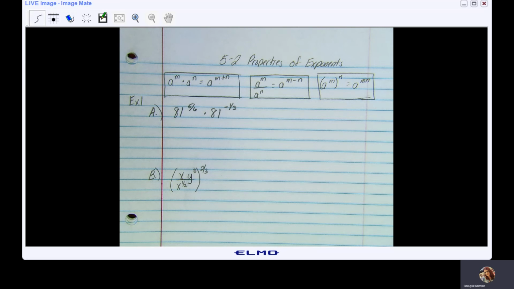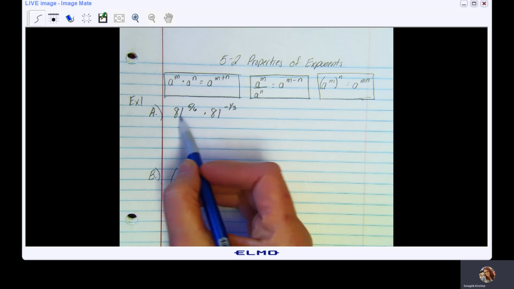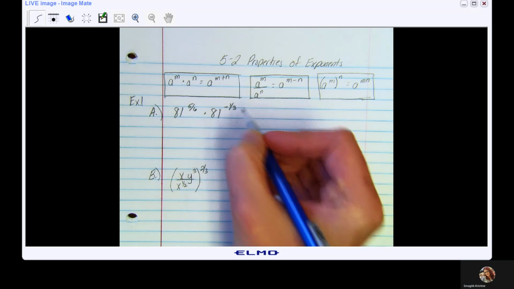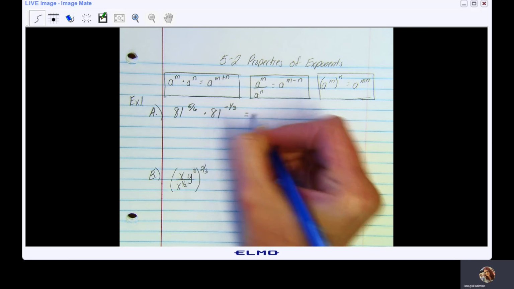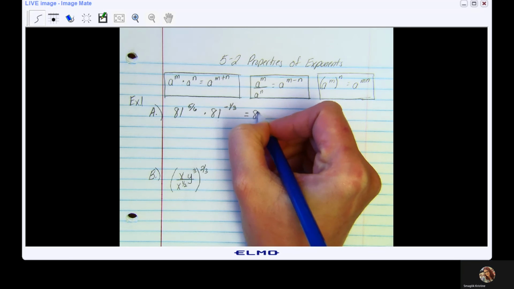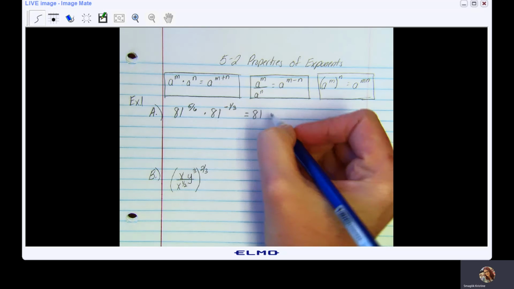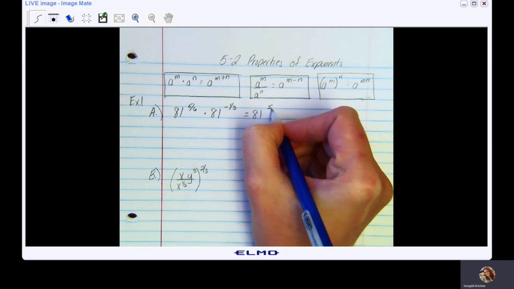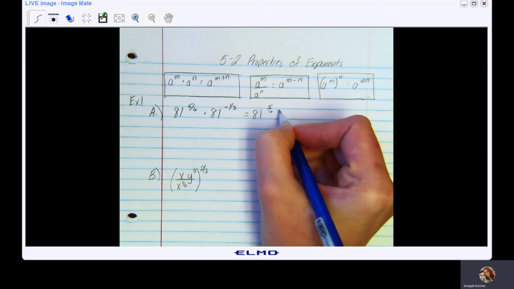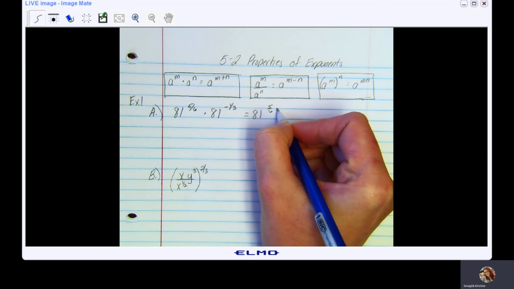So now in example 1, we are given 81 raised to the 5/6 times 81 raised to the -1/3. And what we're going to do is just use these properties of exponents to simplify. So notice here we have the same base. So I'm going to keep the base, and I'm going to add the exponents. So that is a 5/6. And now it's negative, so I'm going to add a negative, which is the same as subtracting